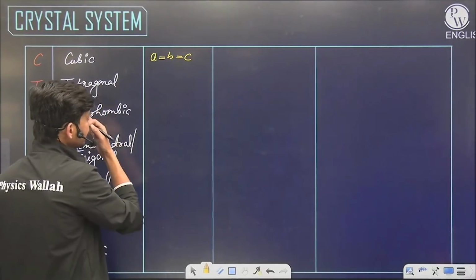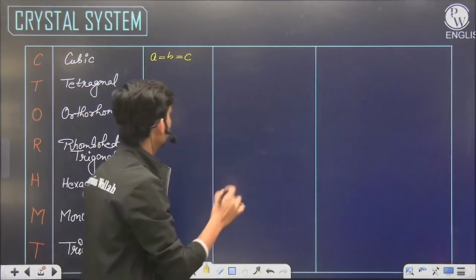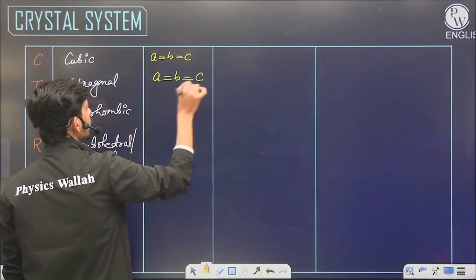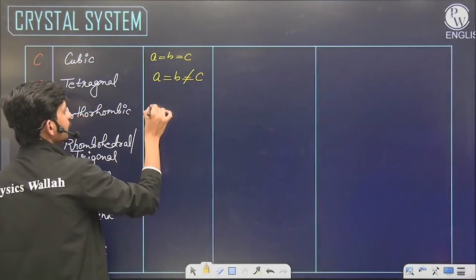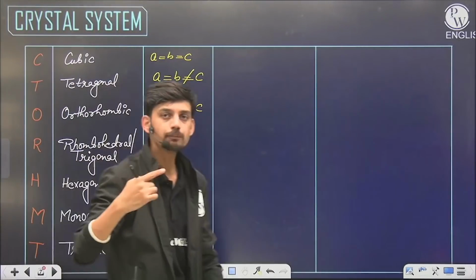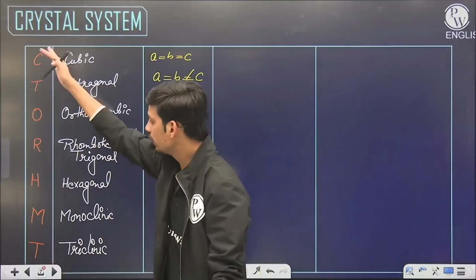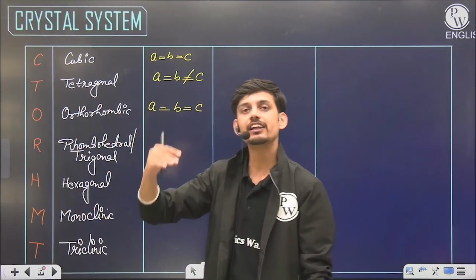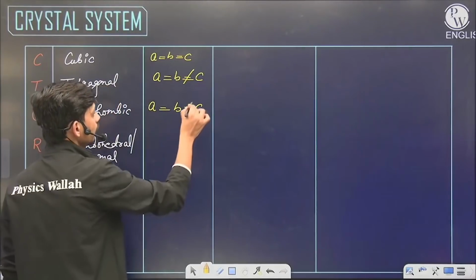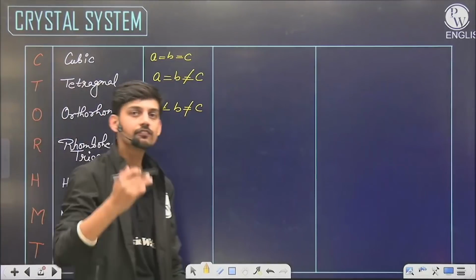Now the trick here is we have to make one length not equal in our order. So for the first, tetragonal, a, b, c were equal, but now one will become not equal. Again for orthorhombic, in the edge parameters, we have to increase one not-equal sign while going down. In this order, C-TOR HMT, we increase one not-equal sign for each step down. So this was already not equal, and this will become not equal. So these are the first 3 cells.